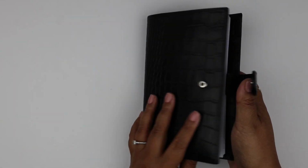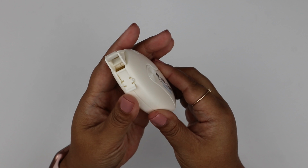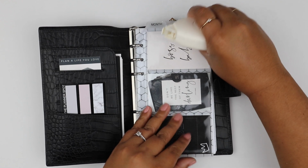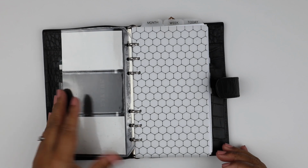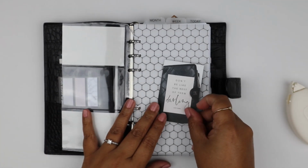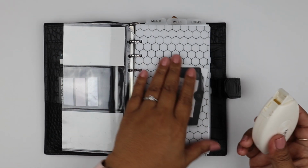And then the last thing is this, what you call it, like a tape dot roller. So you can't really see it, but basically I use this for sticking things in my planner. So like if you have a dashboard and say it was just a regular paper and you wanted to stick a card on it or something. Let me take this out. And you didn't want to use a clip, or say you were doing a few and you don't want to have clips everywhere and you just want to stick this on, all you do is